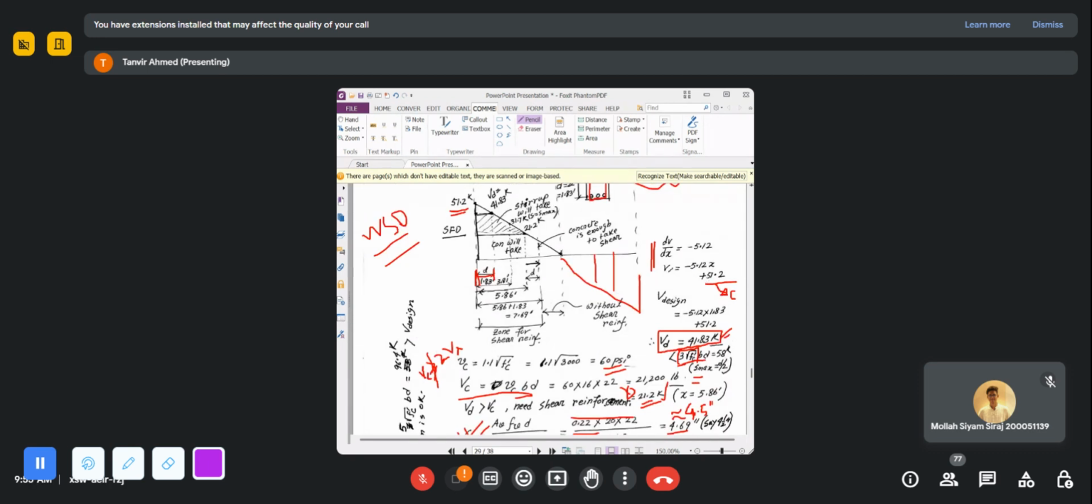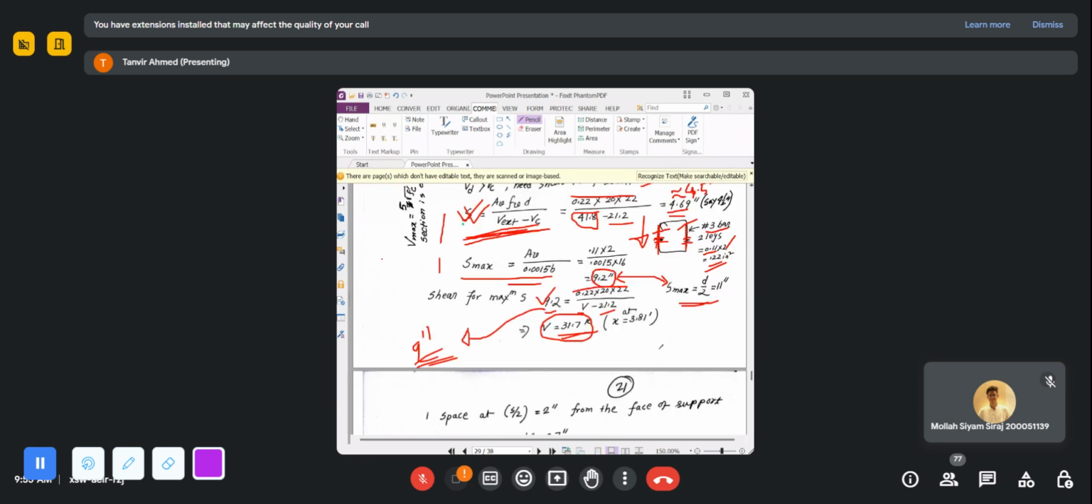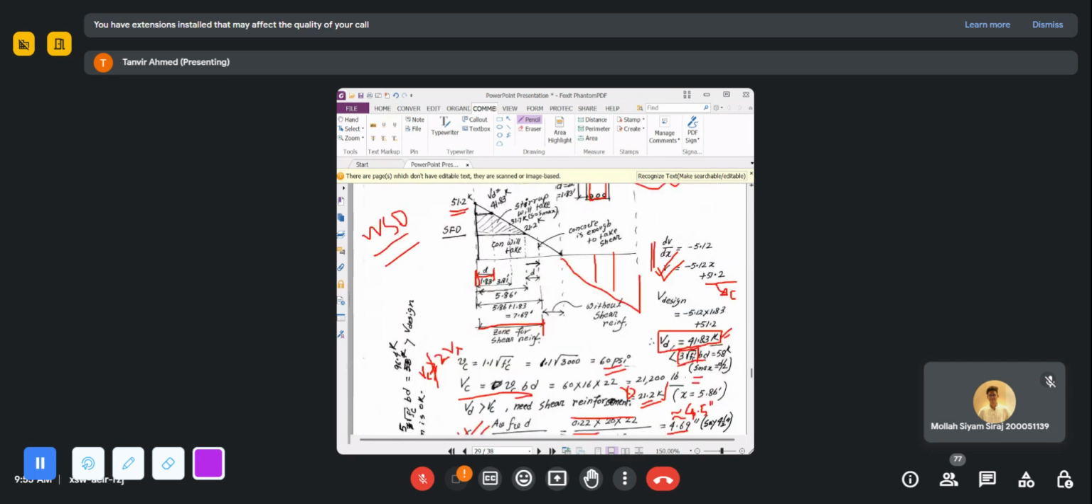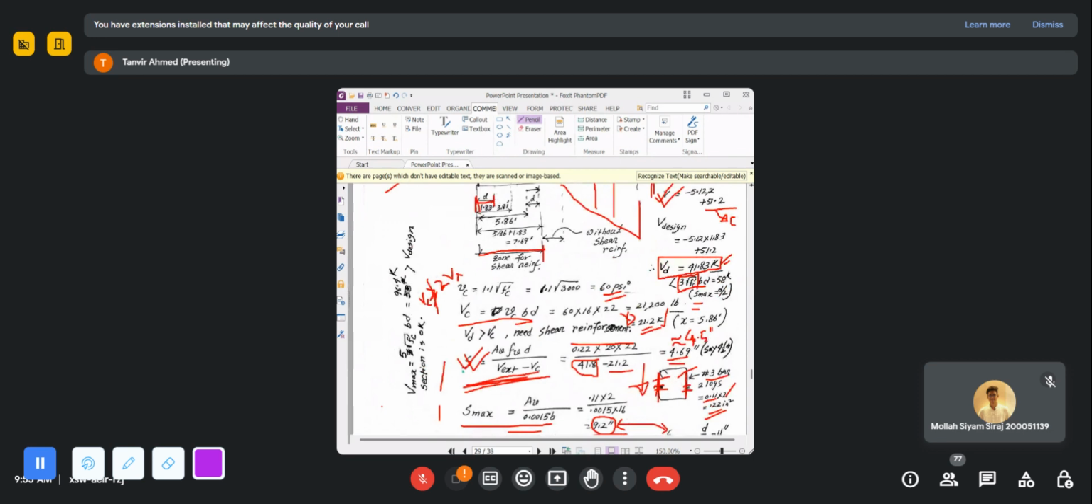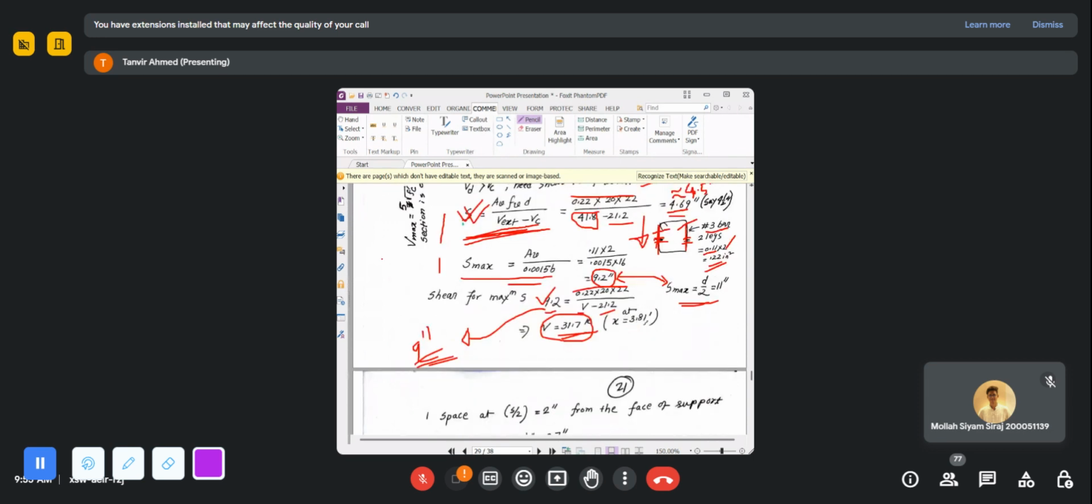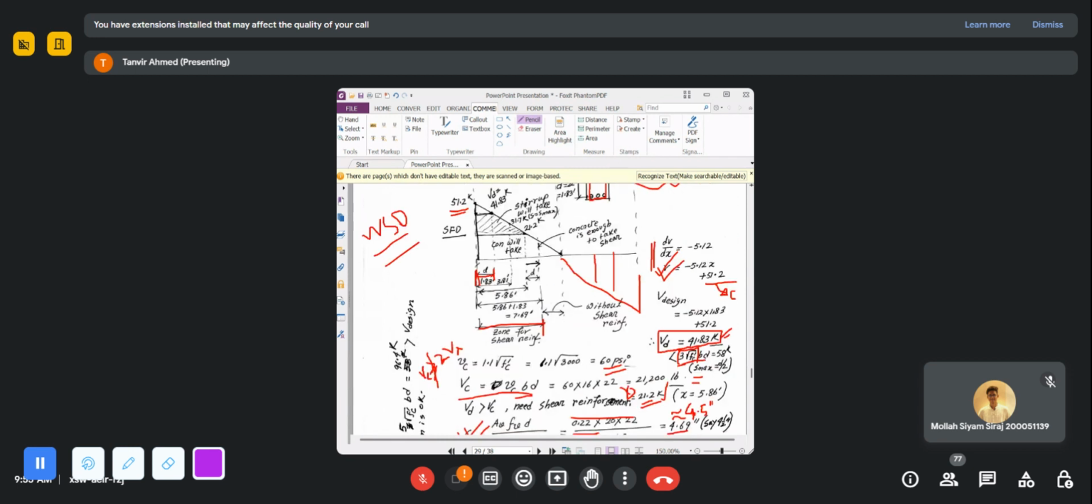এখানে তুমি জাস্ট 31.7 এর ভ্যালু এই ইকুয়েশনে বসাই দিলে এক্স এর ভ্যালু যা আসবে সেটাই হচ্ছে আমার ওই লোকেশনটা, যেটার পরে তুমি 9 ইঞ্চের চেয়ে বেশি স্পেসিং দিতে পারবা না। সো এই ইকুয়েশন থেকে আমি এক্স এর ভ্যালু পাচ্ছি 3.81 ফিট, তার মানে সাপোর্ট থেকে 3.81 ফিটের পরে আমি 9.2 ইঞ্চ অথবা 9 ইঞ্চের বেশি স্পেসিং দিতে পারবো না।